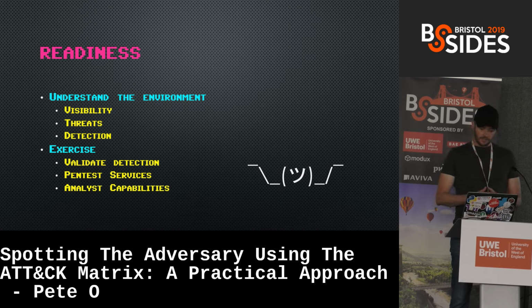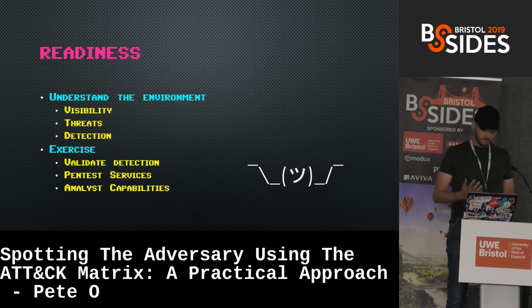However, the analyst still needs to understand the environment, how the hosts are deployed, the configuration, what we're visible to, what the critical hosts are, and so on. I still recommend that exercising is done, either from external pen testing and so on, just to get the analyst understanding: have we covered all the techniques we need to? The previous presentation talked about prioritization. We're going through that same pain,